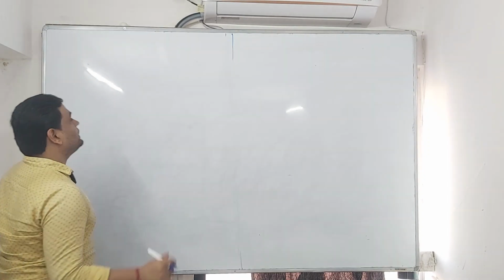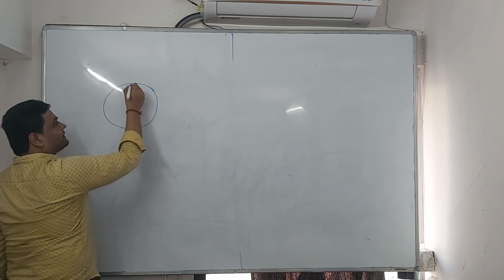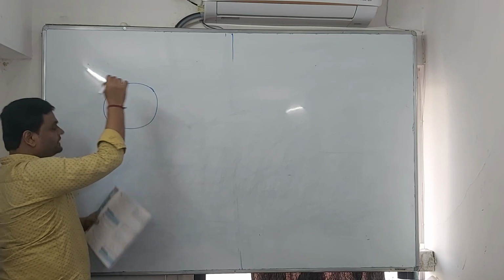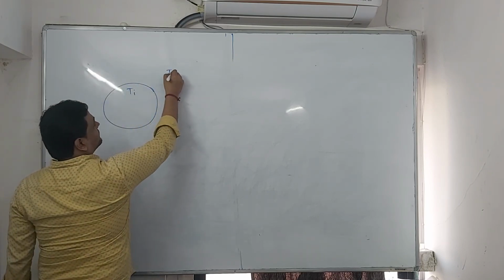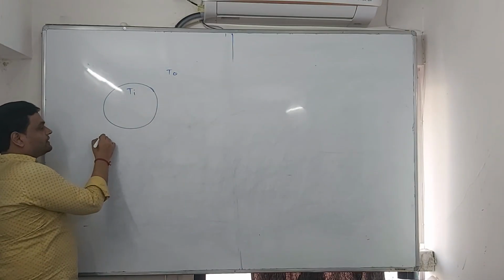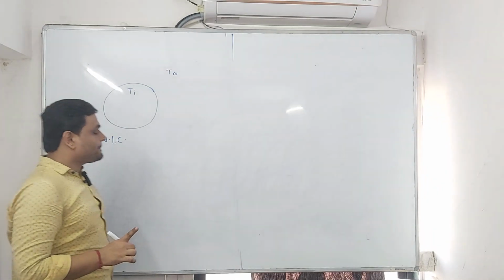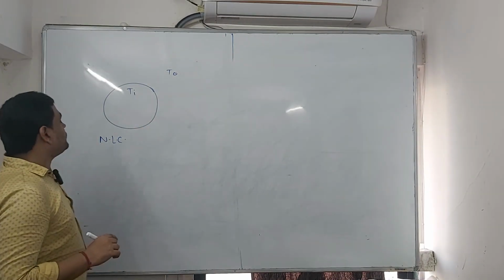Is this clear? Let me explain the question. Suppose you have a body for which the initial temperature is Ti and the temperature of the surrounding is T naught. Here Newton's law of cooling is applicable, that means the difference is not very high. Now what you have to do,